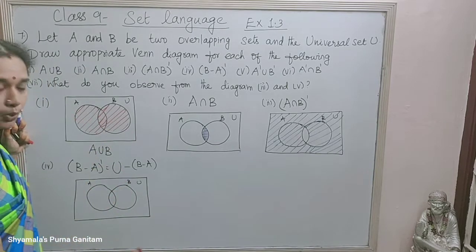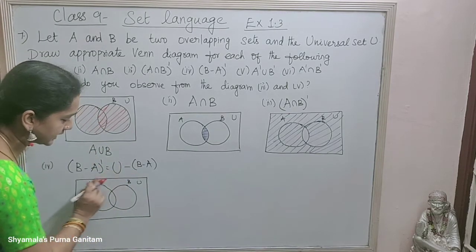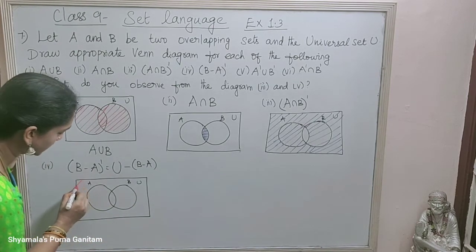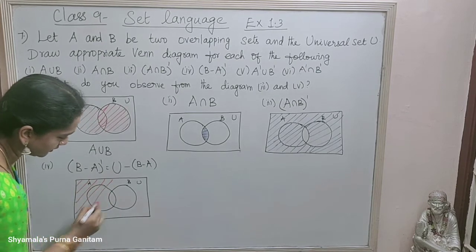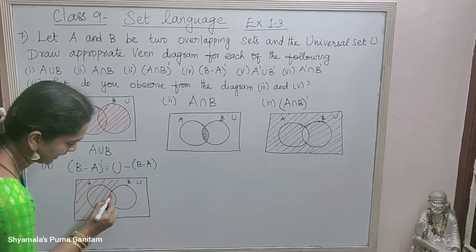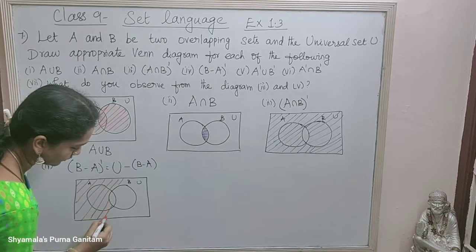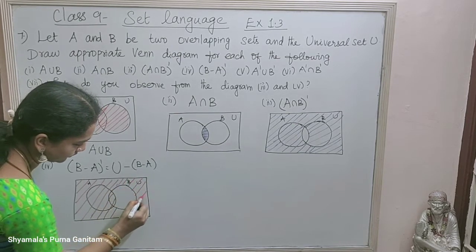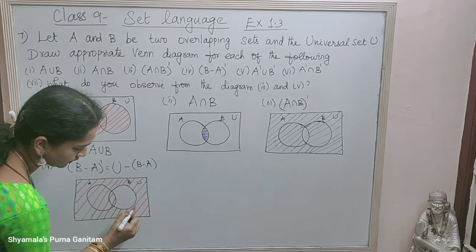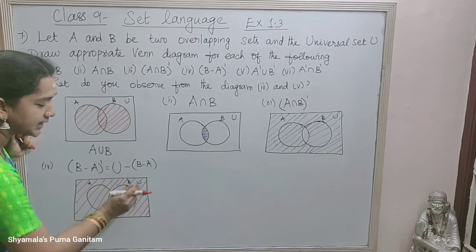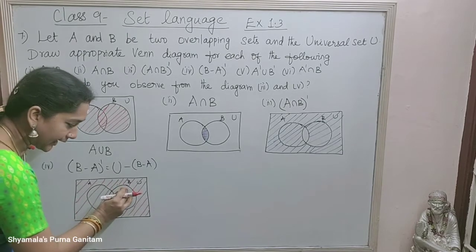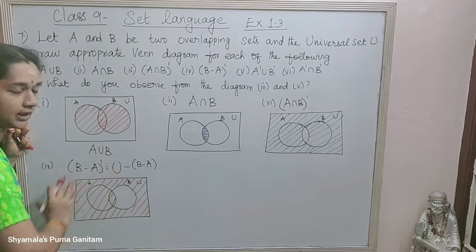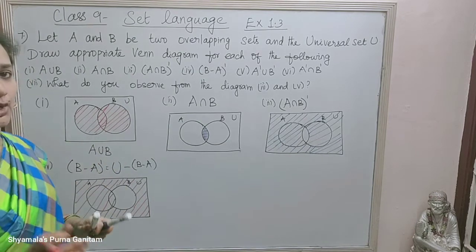So that we have to remove, and the remaining elements from the universal set you have to shade. Okay. So this part is B minus A. So B minus A the whole dash is, we will remove only that part. All the remaining elements you have to write, that is, all the other parts you have to shade.